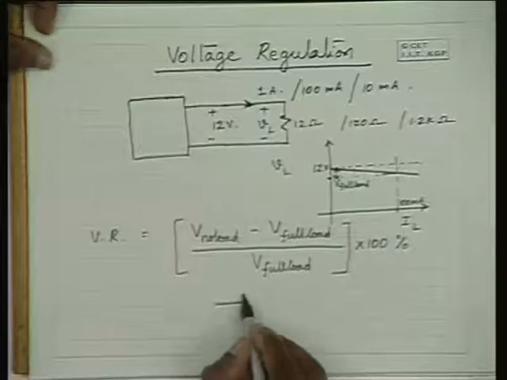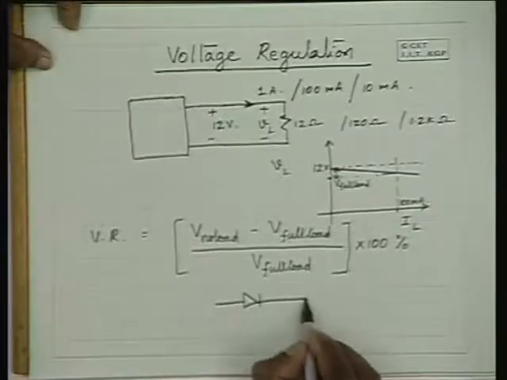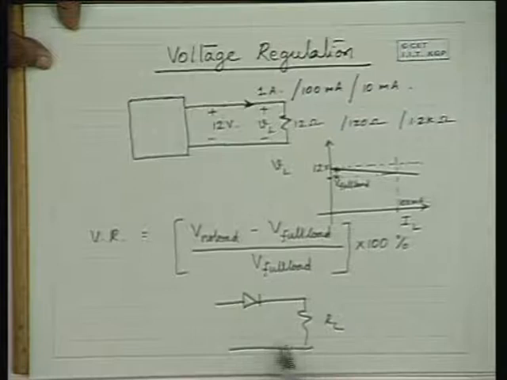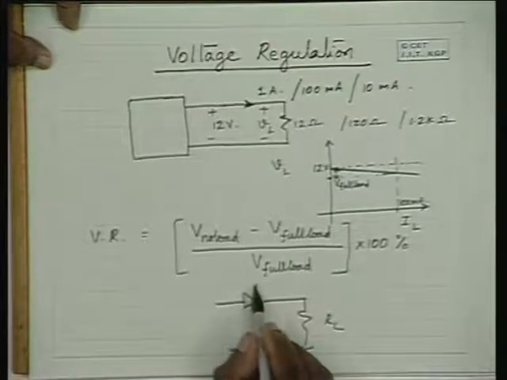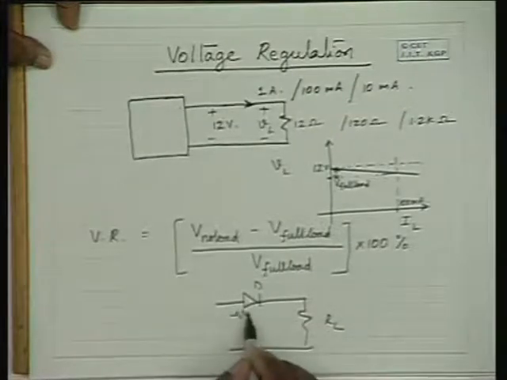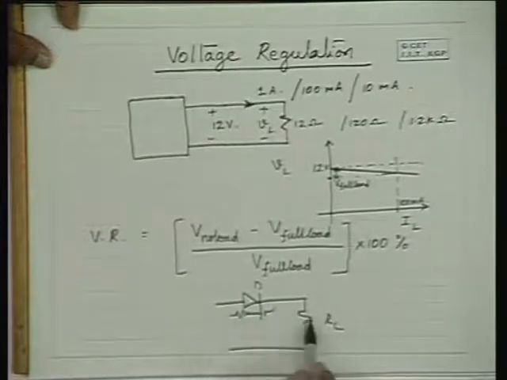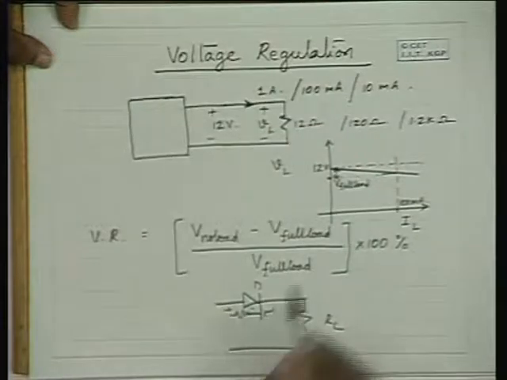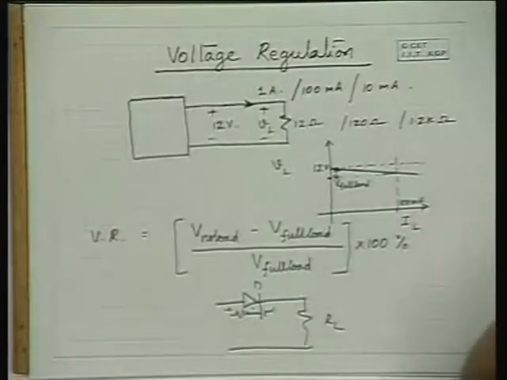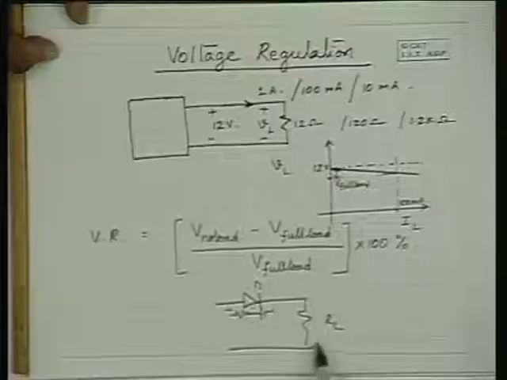So why does this fall of voltage supply actually occur? You tell me. It's because of many reasons. You have the internal resistance. The diode has the forward resistance RF. In a half wave rectifying diode, for instance, you have RL and the diode here. The diode is equivalent to its forward resistance in series with V gamma. So as you draw more current, the drop across this forward resistance, or the drop across the diode, increases. Because of this reason, output drops.